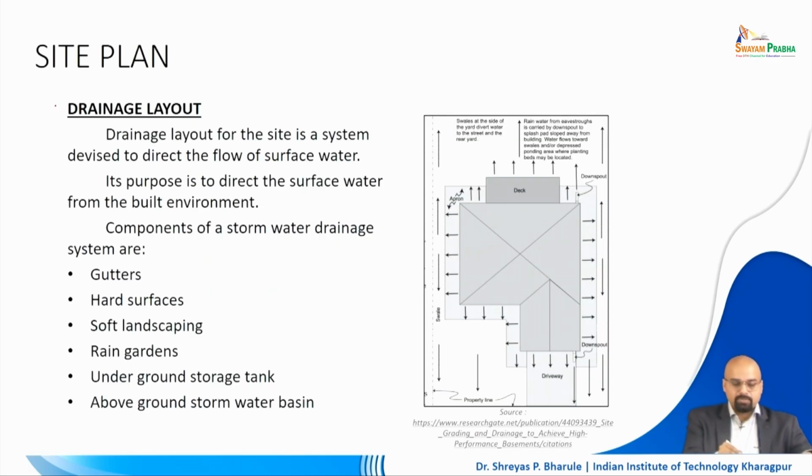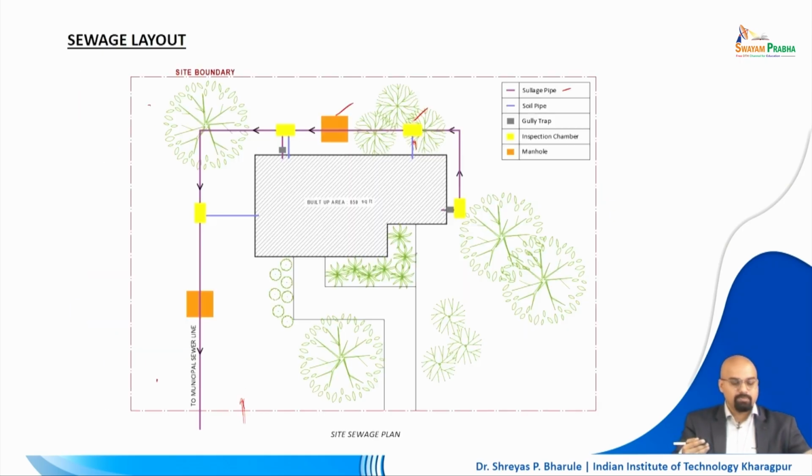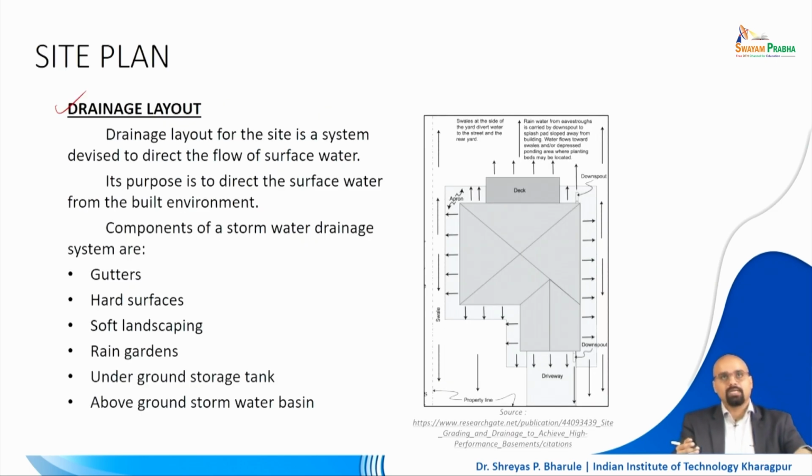Going further, you will have the drainage layout, right? Along with your soil drain or your wastewater drain, which is your sewage layout, a drainage layout is also to be created. This is particularly to direct the surface water flow, right? So often in case of